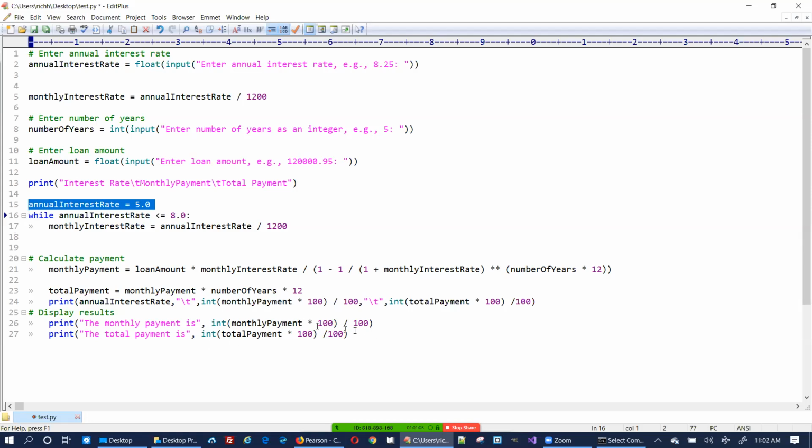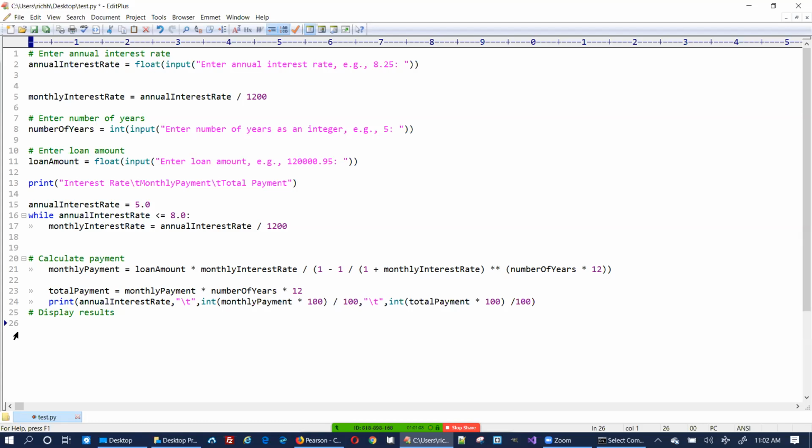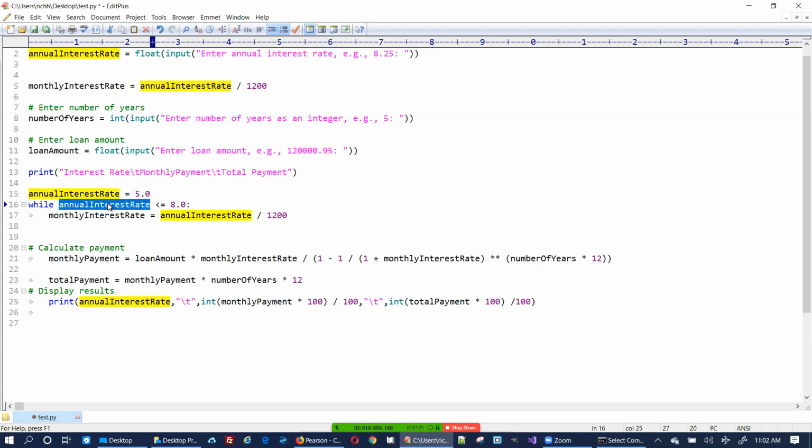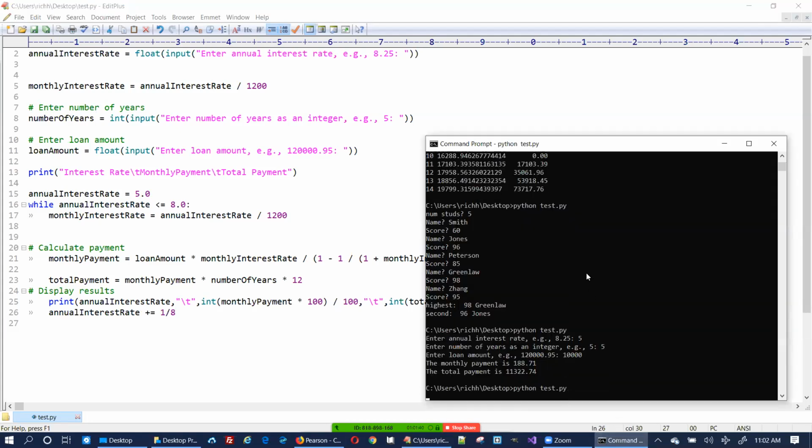Oh, I forgot an increment. I'm going to get rid of this. I need to go... well, this can be down here, and then I need the annual interest rate. Annual interest rate plus equals 1/8. All right, I'm going to see what this does. Enter, what? Oh, let me just